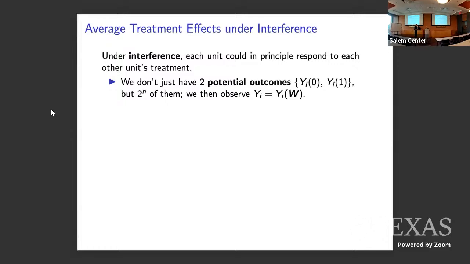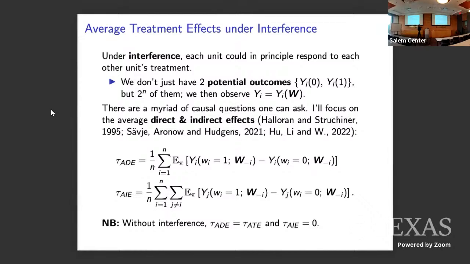And now to make any progress here, we're going to need to fix our ideas. We're going to need to decide again, what's the question we're asking? And what structure can we impose on the problem to make any progress? So again, the goal is going to be to do treatment effect estimation in a marketplace setting. I'm going to try to get as quickly as possible back to the marketplace setting where you have prices, supply, demand, all that stuff. But first, I'll need a couple slides on just basics about what the targets are, and what the general framework is for talking about restrictions. So I'm going to go very quickly here and revisit this at the end of the talk.